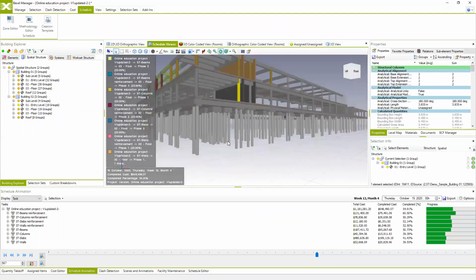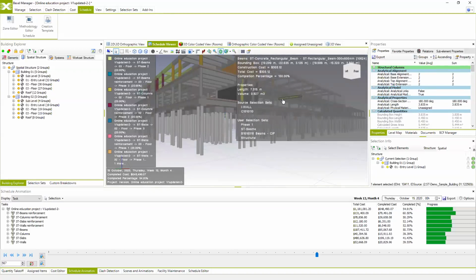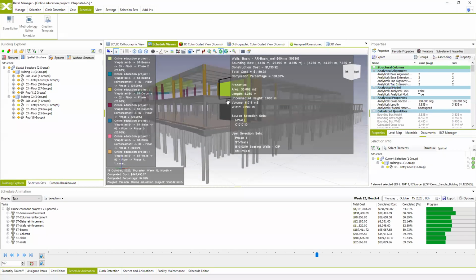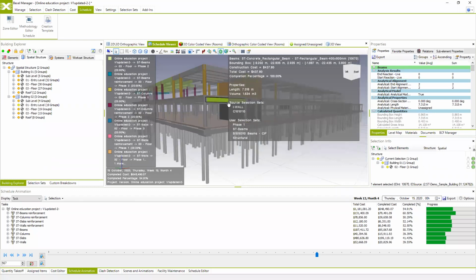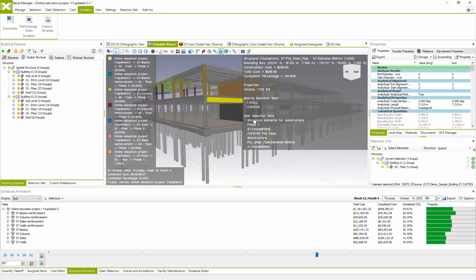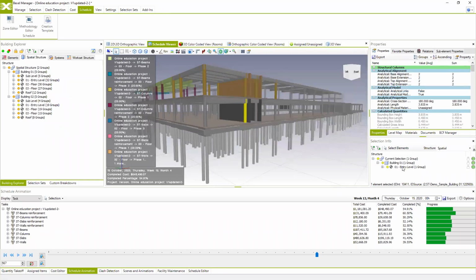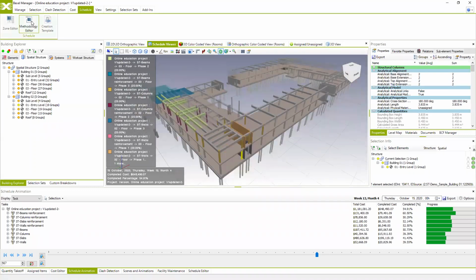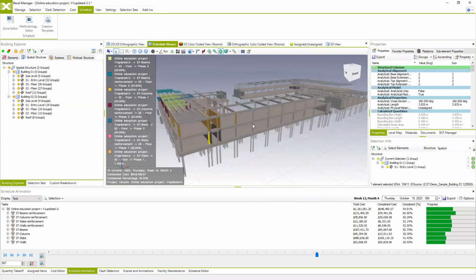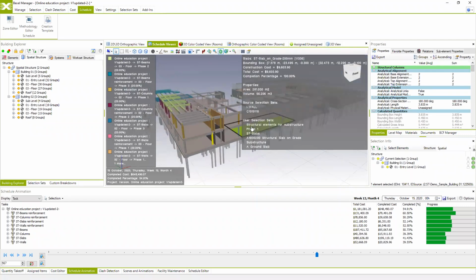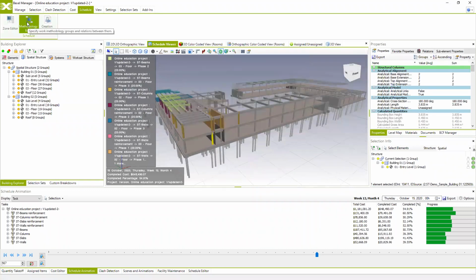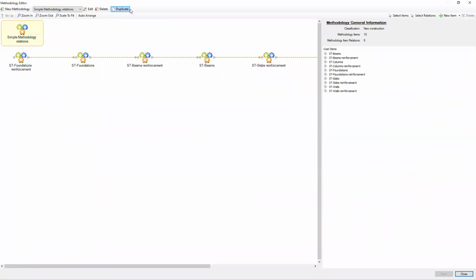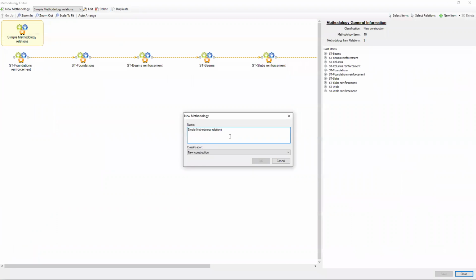Because we believe that first these columns and the walls are supposed to be executed, and then these beams, even though these beams are for the second floor, and these columns are for the entry level. So that's why I'm going to go again to my methodology and repair this. And after this, we're going to get a feasible and good schedule. So I'm going to go back to the methodology, and I'm going to duplicate this methodology